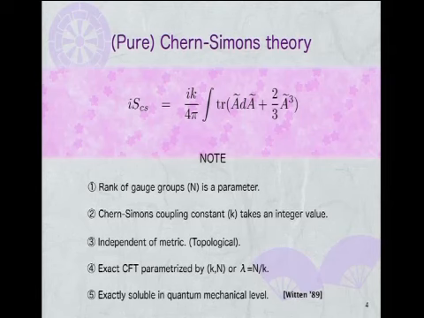Or we can combine N and k like this, and taking the large N and large k limit, the coupling becomes continuous and this CFT is parameterized by a continuous line. This lambda is called the 't Hooft coupling. And this theory is considered to be exactly solvable with full quantum corrections, in the sense that observables like Wilson lines are determined by relating them to knot invariants.